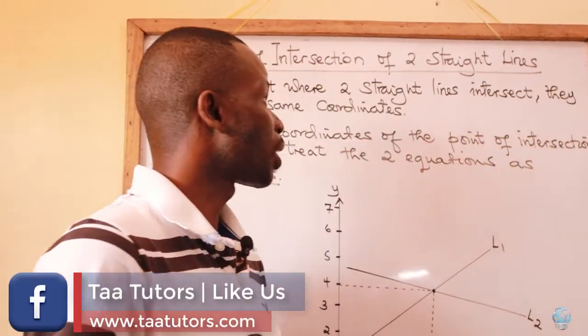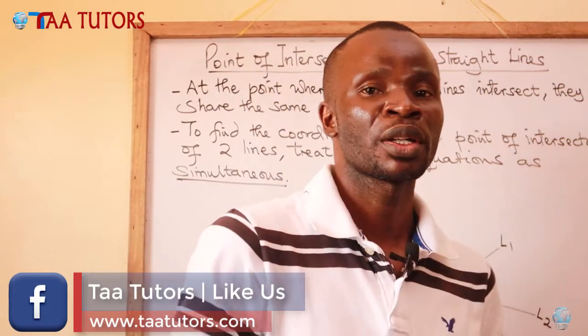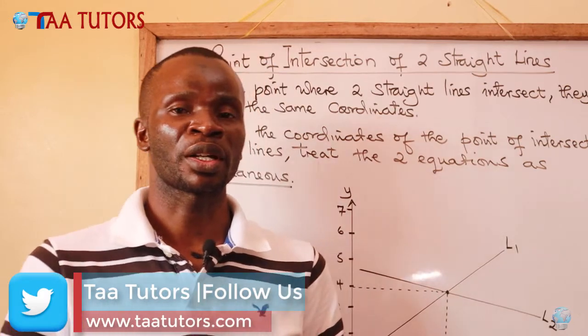It's Mr. Odingo again, coming with what we call the point of intersection of a straight line, which will actually mark the end of equations of straight lines. Now you realize that